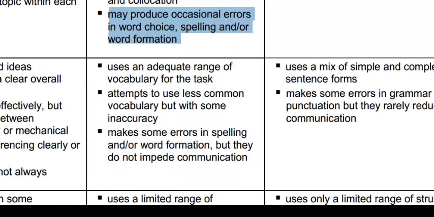Now, you may be asking, what is an occasional error? Well, there's no set number of errors, but if you imagine reading through an essay and there are mistakes, and on your mistake radar there's a little blip, like ping, and then you keep reading, ping, and you keep reading, ping, that's occasional. Whereas if you compare that with band score 6,